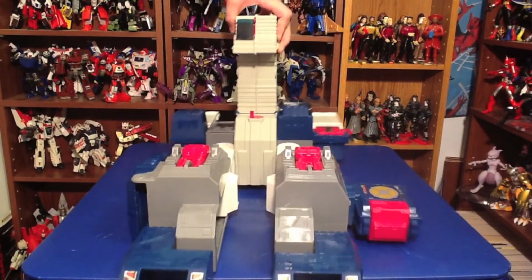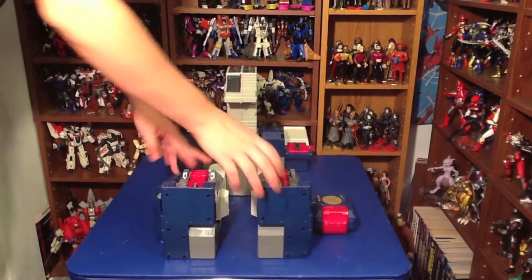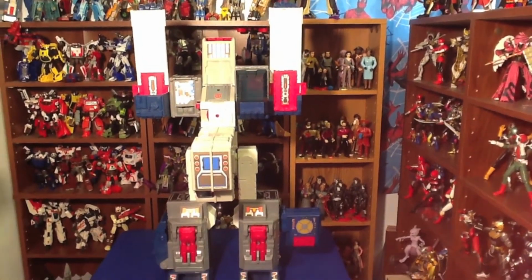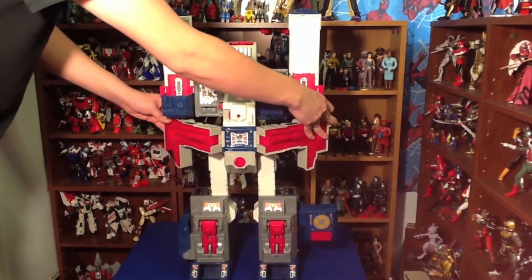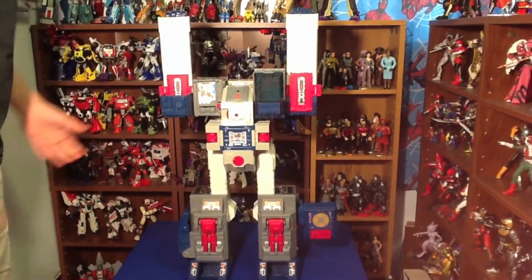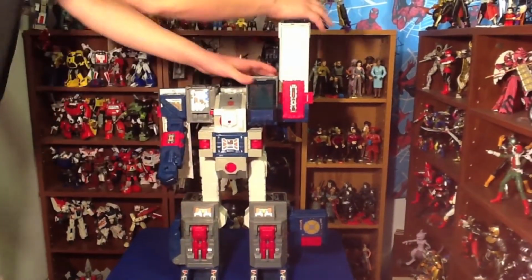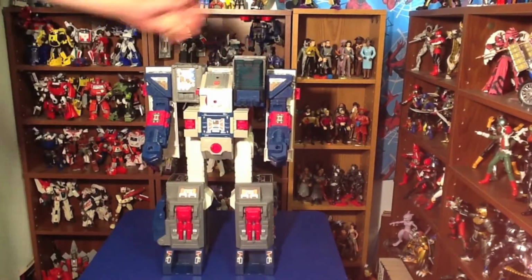Now comes the really difficult part, standing up the robot. So first you want to flip the feet up, and then stand the whole robot mode. Oh my god, this thing is tall. Next up, you want to split the tower section. These will fold back. And while you do that, you want to click this piece out of place, fold it along his back, and this will all tab together in the back. You want to then bring down his arms and bring them up. Bring down his arm, bring it up, fold this box away,